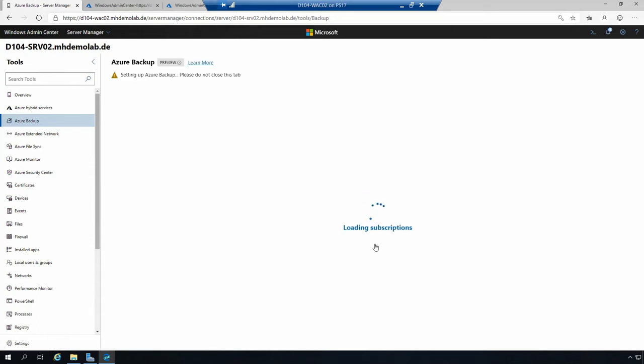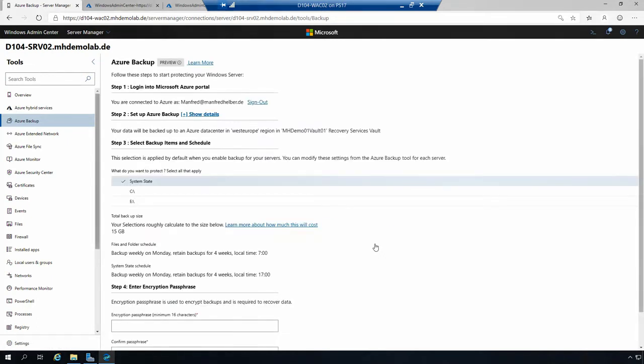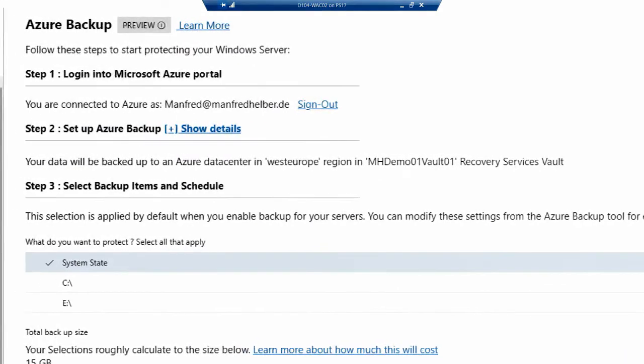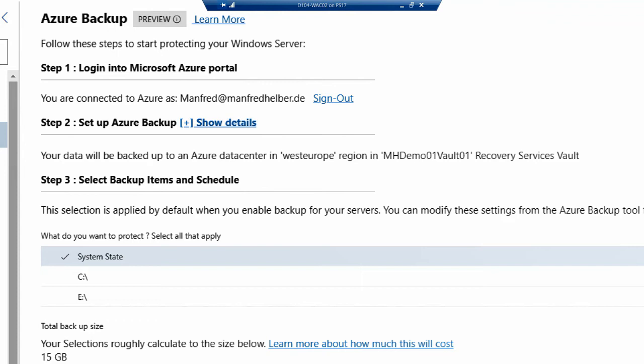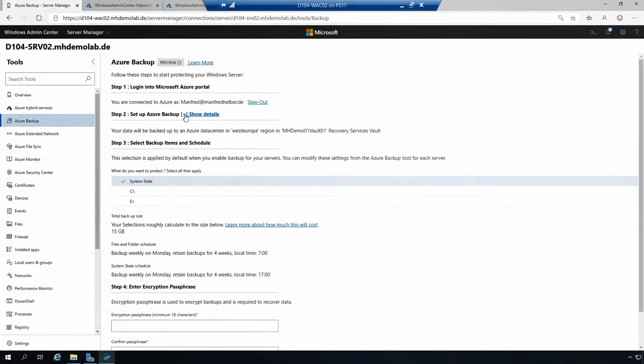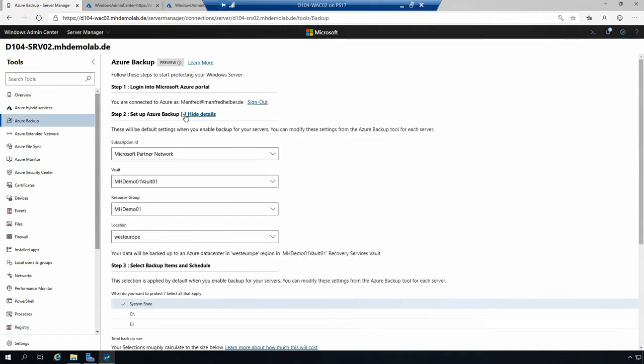So when we click on Configure, we have again the situation that we have an easy wizard with several steps. We have step 1, log into the Azure portal. This is already done, because I provided this information. You can see he has the Manfred at manfredhelber.de. I could sign out and use another credential here, but this is the account I want you to use. Then we have the Setup Azure Backup in the step 2, select the backup items in the part 3, and so on,